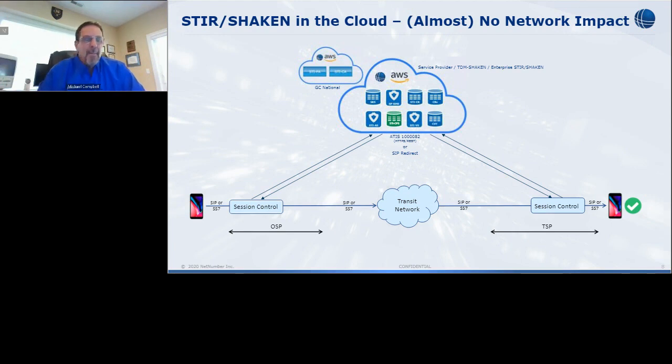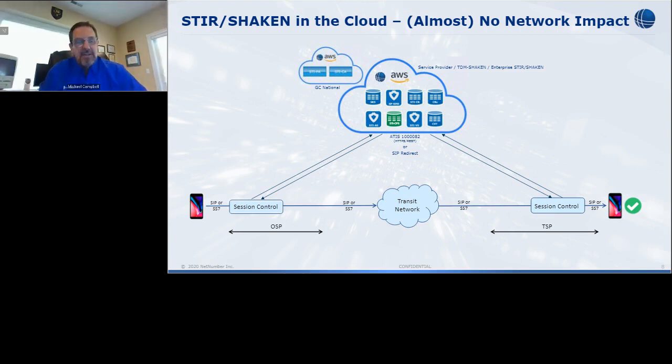They are all implemented in the cloud so that instead of having to impact your network, all you really have to do is access a cloud service. In the very simplified diagram that I'm showing here, I list this as almost no network impact to you to implement this. All you really have to do is get the session control elements in your network, switches, SBCs, border gateways, wherever you can see the traffic in a reasonable manner, to access the cloud service, to sign calls, and to verify those signatures respectively.